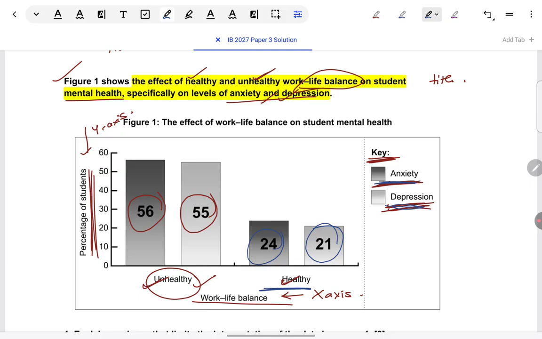When I read the title only, I was expecting that those who have healthy work life balance will have lower anxiety and depression than the ones who have unhealthy. That is indeed the case. I can see that on inspection of the bars also. The height is much lower for the healthy group rather than the unhealthy group. But because of the percentages that they've given so finely, I can see exactly how much difference there is. About half. The percentage is almost half lower for the healthy group.